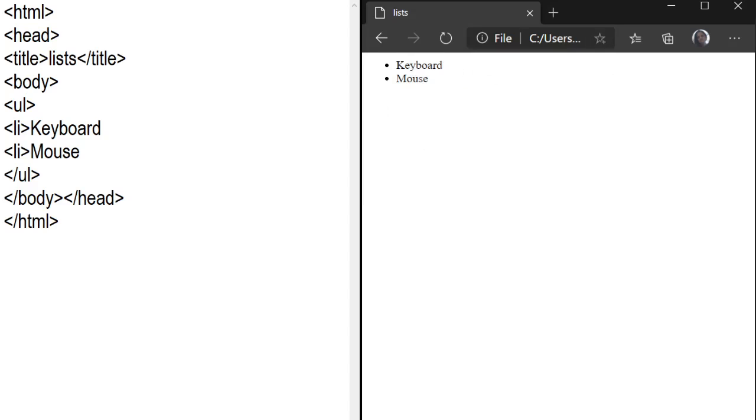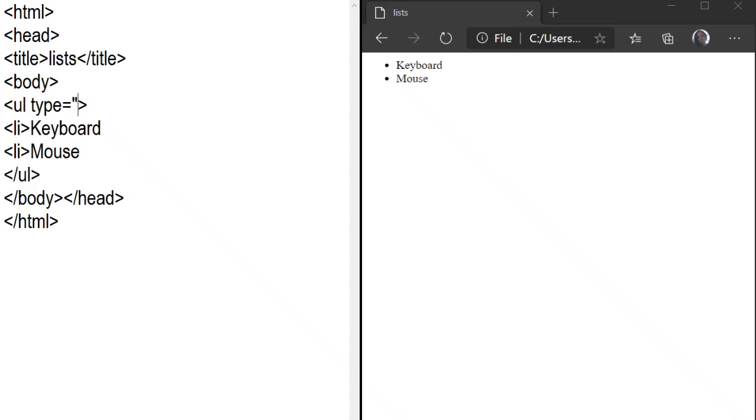Only one attribute of the UL tag is there. The name of the attribute is type. This is the common attribute in OL and UL. Only the type attribute is common in ordered list and unordered list, but the values are different in OL and UL. In OL, type values are Arabic number, Roman number, and alphabets, small alphabet, capital alphabet. But in the UL tag, only three values are there. One is disc, DISC, and this is the default type.